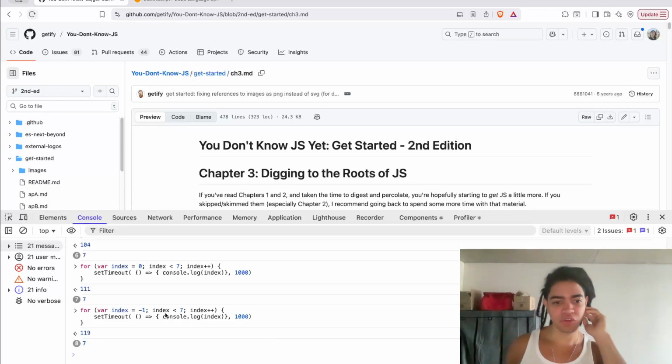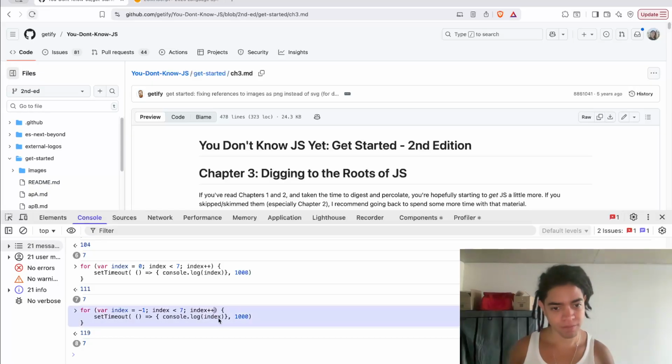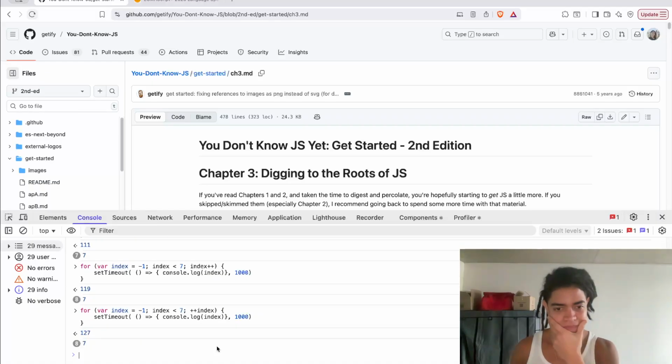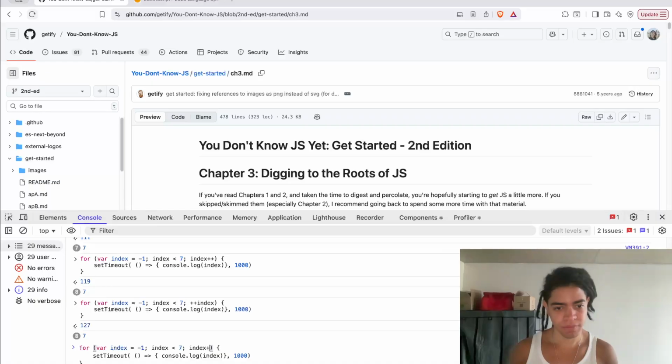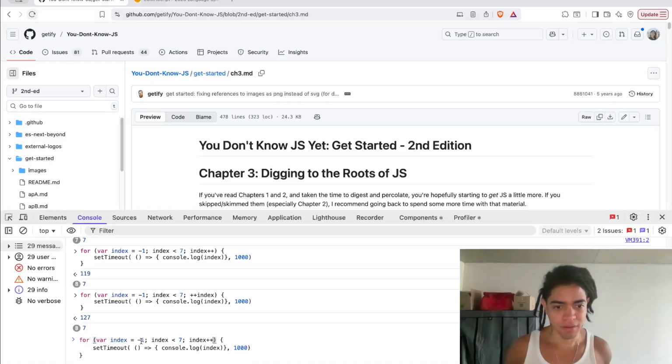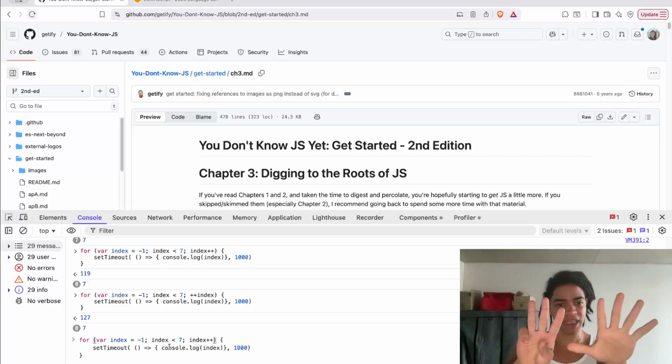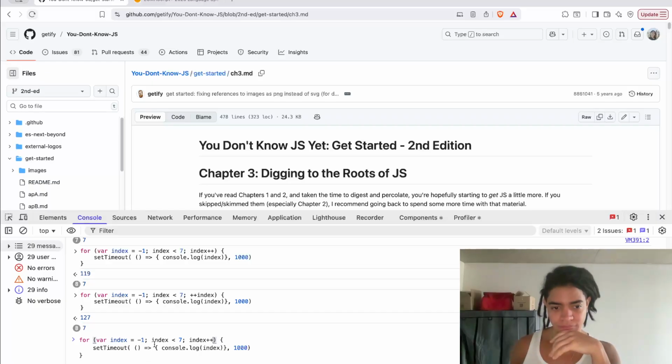So this index is going to reach 7, because it's going to return a new value here. That's interesting. You say, hey, -1 to 7, how many times will it call? -1, 0, 1, 2, 3, 4, 5, 6, 7. And if it's 7, it says no until here. So you're going to call 8 times. And if the value 7 is less than 7, all right. But if the value is less or equal than 7,